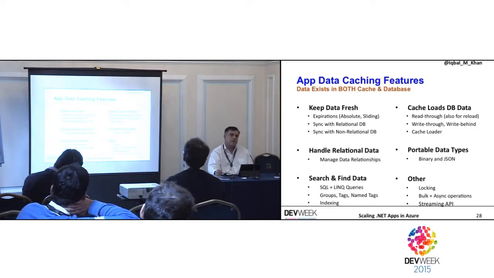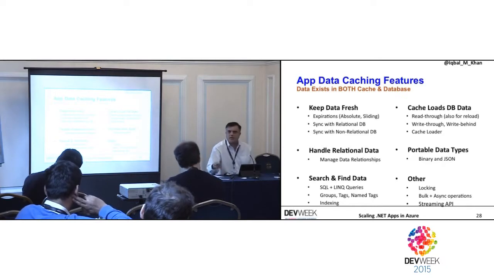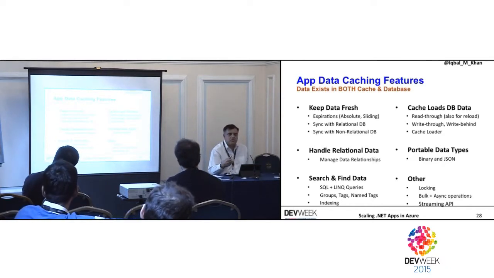For example, there's a feature in SQL Server called SQL dependency. I don't know if any one of you have used it. A cache, a .NET cache at least, should use it. And the same way there's an Oracle dependency and so on and so forth. So that whenever you cache something, if you think that data is going to be updated in the database through a third-party tool or through some ad hoc querying tool,